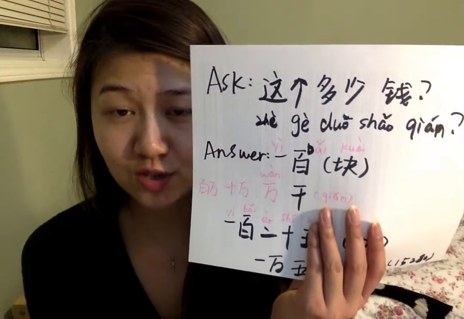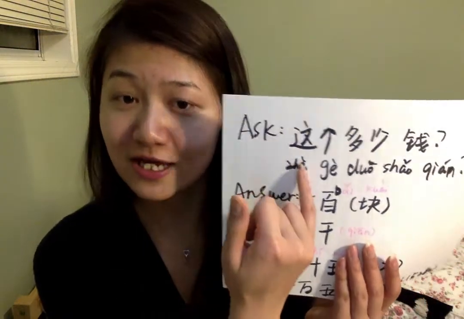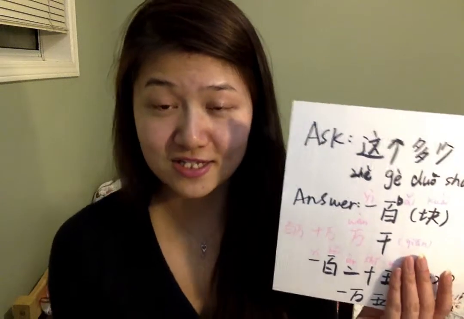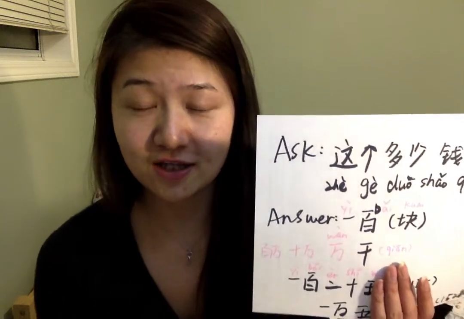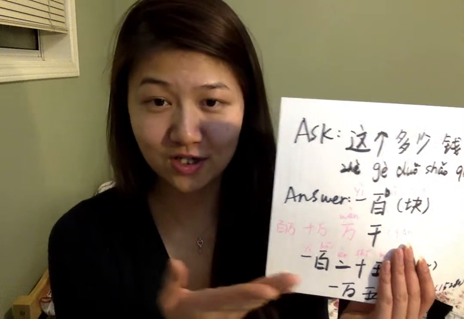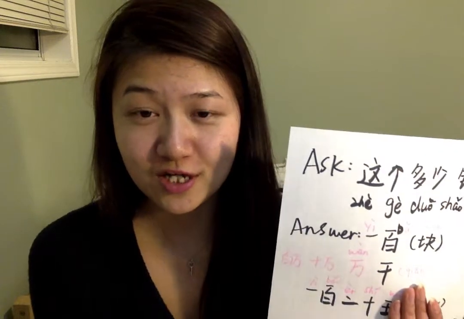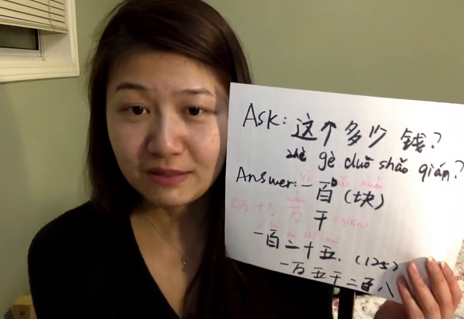And if I ask like, how much is this? How do you use the sentence? We can say 这个多少钱? It's really useful, this expression, when you want to buy something in the store. You can ask 这个 means this, okay? 这个多少钱? Repeat. Perfect. 这个多少钱? And then when you answer, you can directly say 100块.